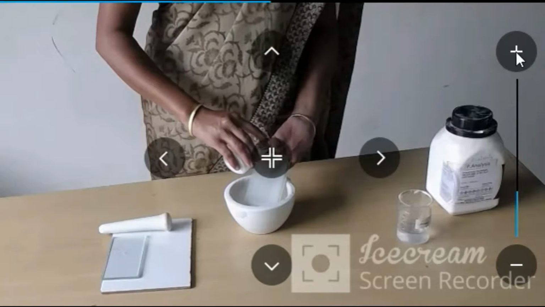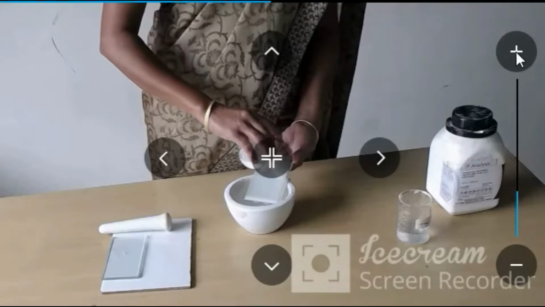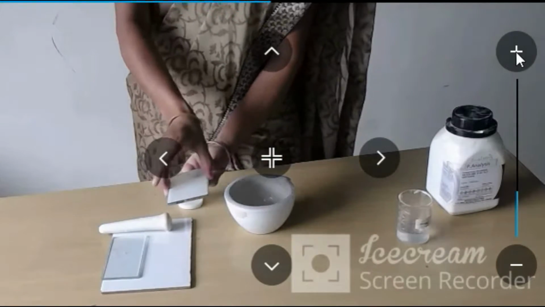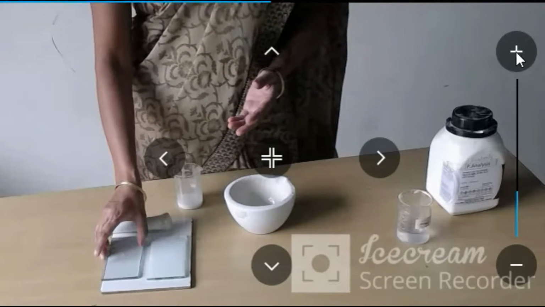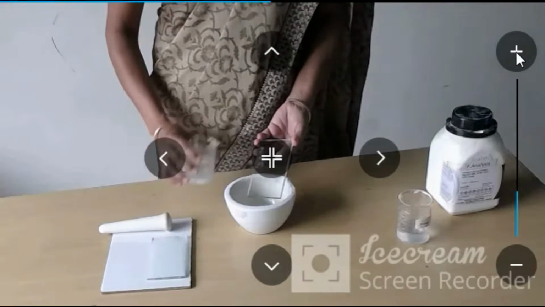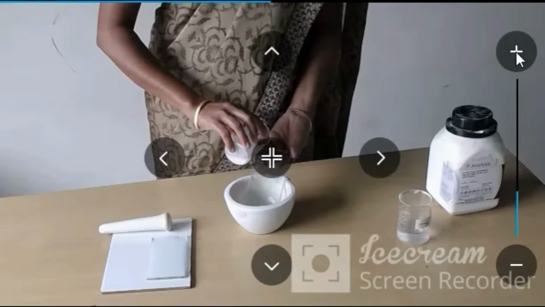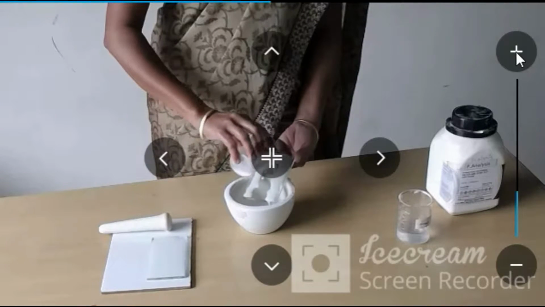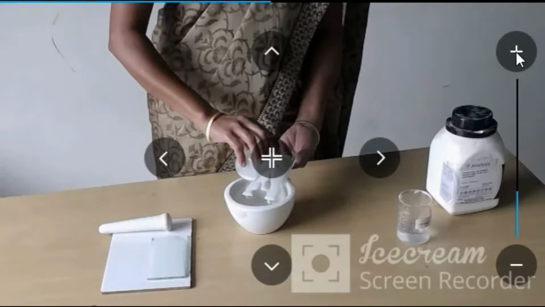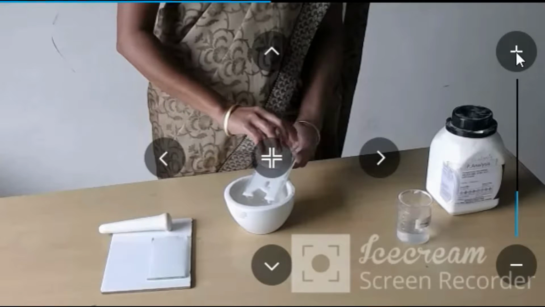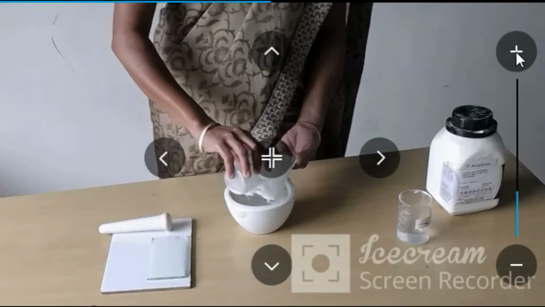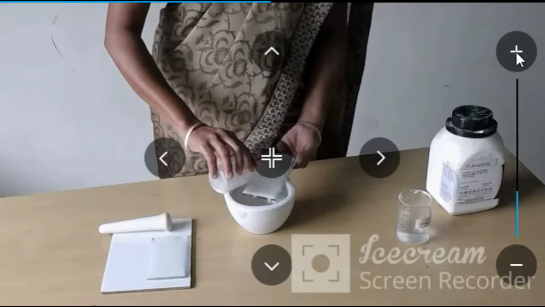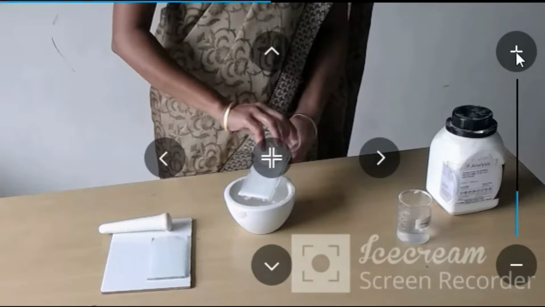Like this, you are supposed to pour it onto it. Okay, and now I will keep this plate into the oven for activation. You can prepare 1 or 2 slides extra, because during handling it sometimes may happen that the coating gets removed. So always prepare 1 or 2 layers extra.